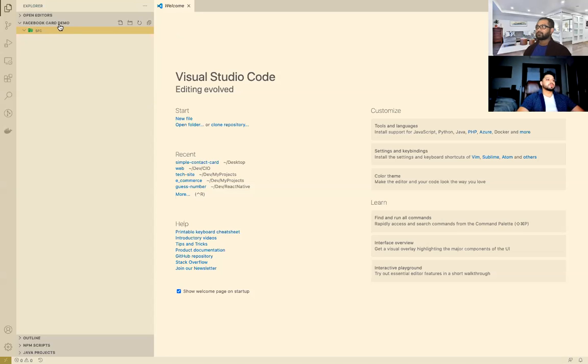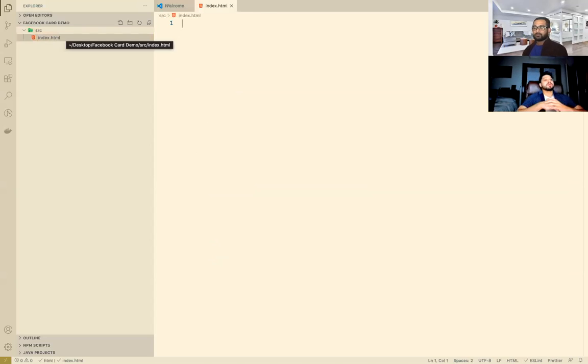So we have a folder called Facebook Card Demo that we're planning to show you later. The first thing I created is a source folder, and the way you create it is just click on this icon, and then we'll create the files. We'll create a file called index.html. HTML stands for Hypertext Markup Language, and basically this is the presentation layer. Anything you see from a visual aspect is written in index.html, right? Then we will create another file called